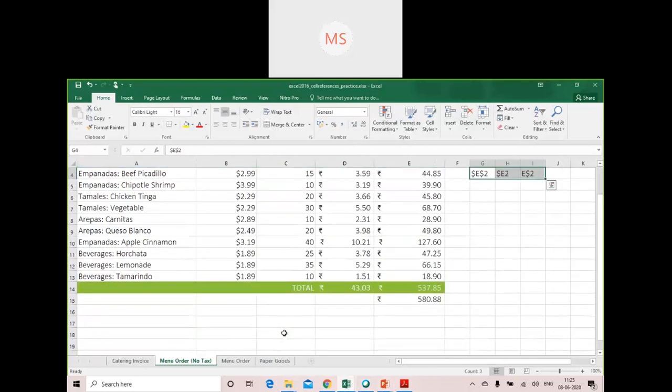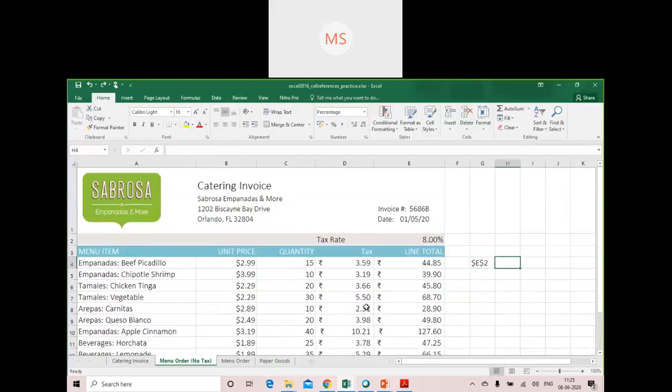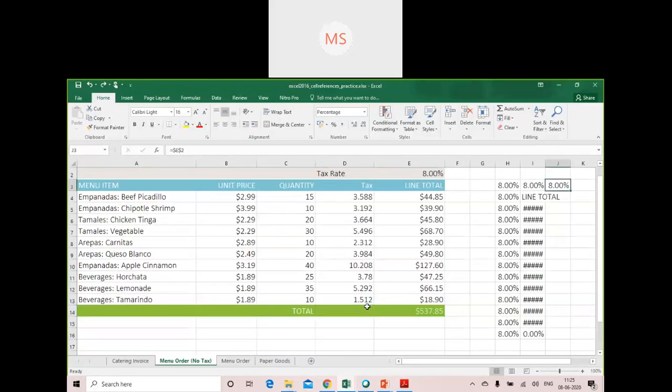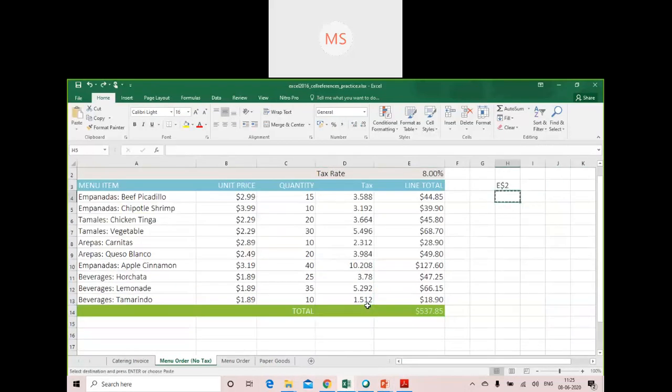Now here as you can see we have done these operations. Now we'll make use of some formulas.